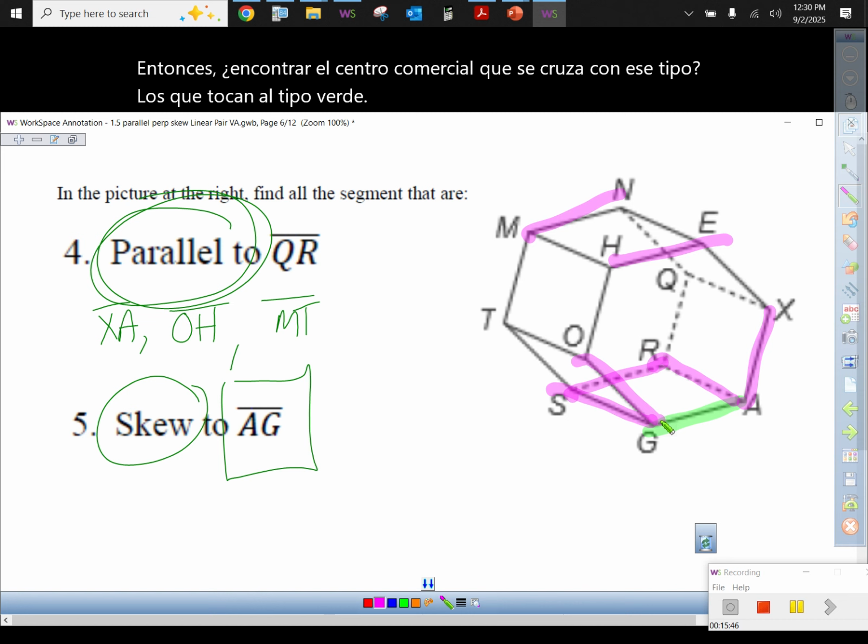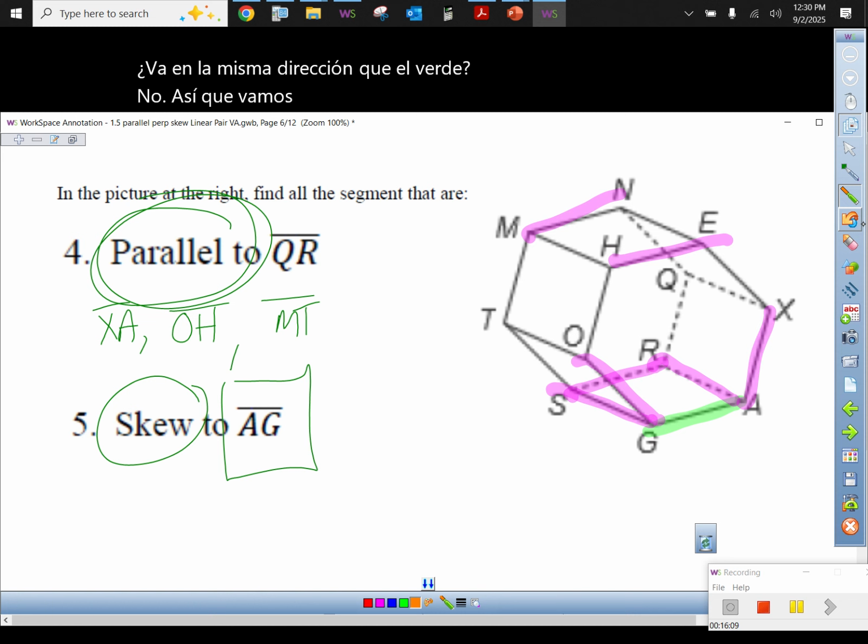Go ahead. Segment XQ. I'm going to highlight him in orange color just to see what's going on. Did he touch the green one? Nope. Is he going the same direction as the green one? Nope. So we're going to hold off on that. I like the suggestion, though. Is there anybody else that touches the green one? That's almost it, right? You are correct to say that nobody else touches it, but here we got to add one little thing to the rule,